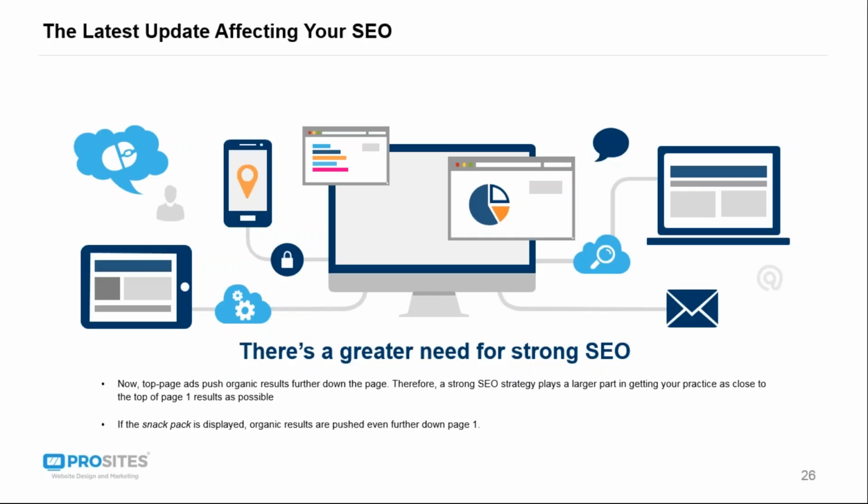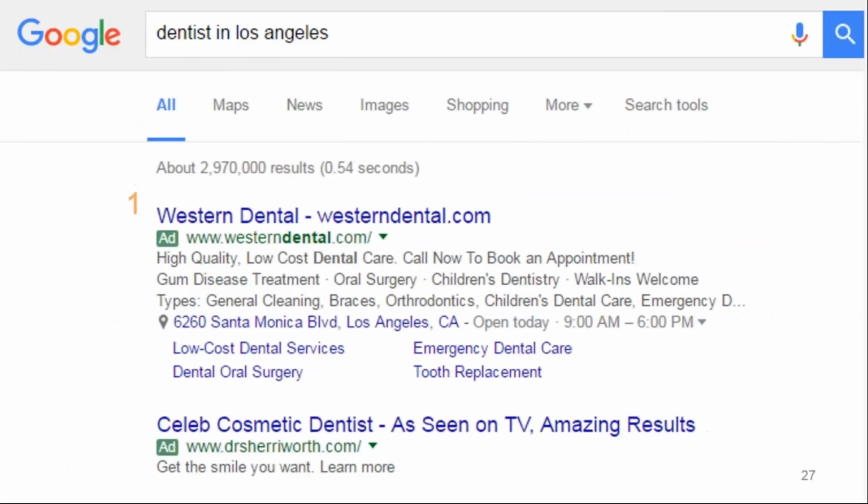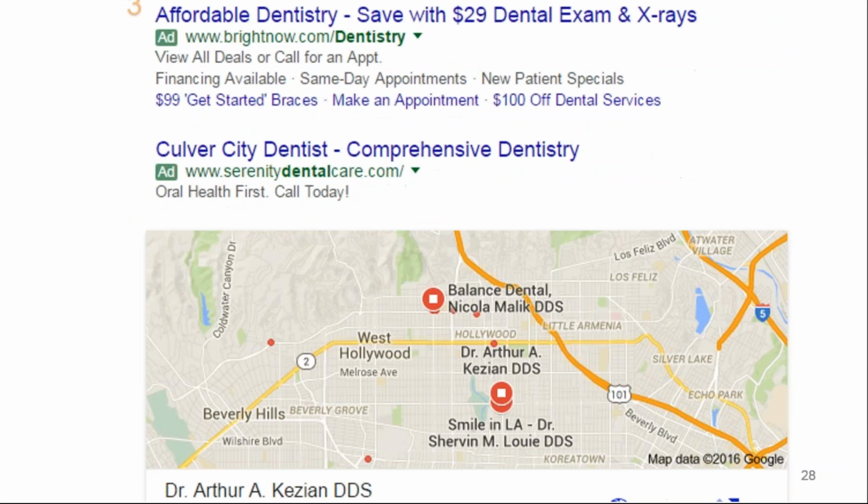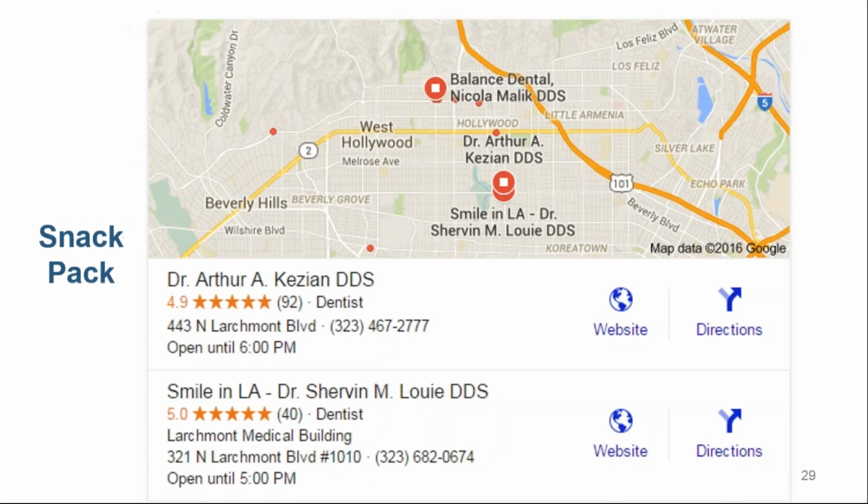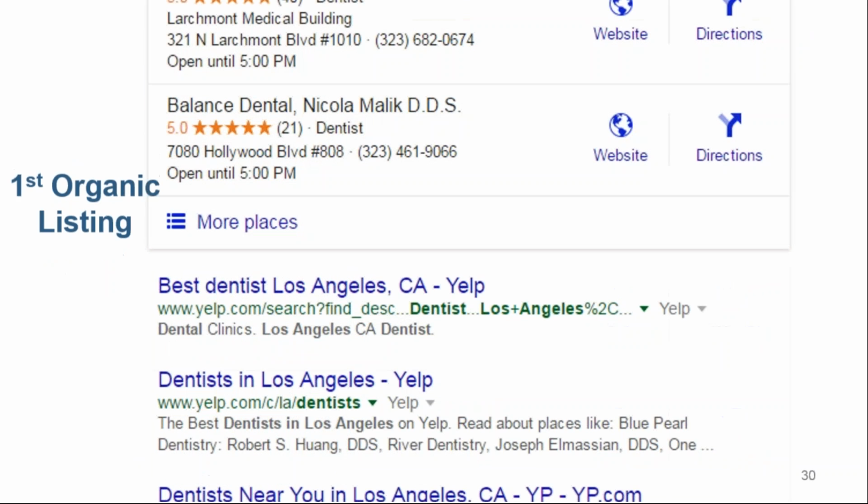And if the snack pack is displayed, then organic results are pushed even further down the page, meaning that you're really going to want to target now those first 3 at least. So I'll show you what that looks like. Here we have the first 2 ads again. You scroll down the page, we have ad number 3, ad number 4. Scroll a little bit further down, we have the snack pack with their own results, and then we have your first